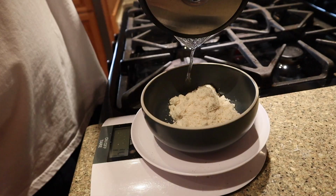Alrighty guys, so here we have it, the final product, some cinnamon rolls. And so for the icing, all we did was just add half a scoop of this cinnamon cereal flavor by My Protein,